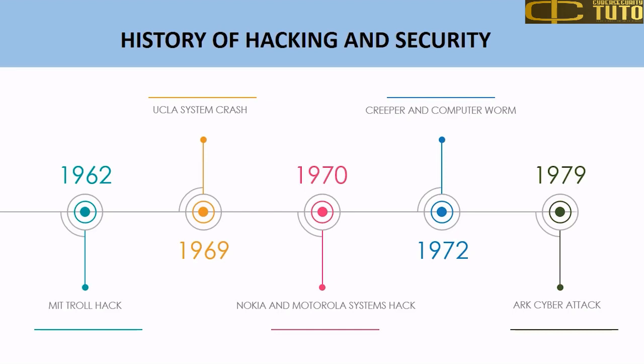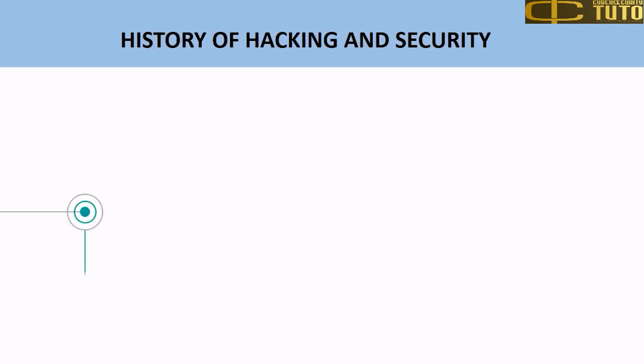This was called the ARK cyber attack. In 1986, Hess, Dirk, and Peter Carl hacked into the Lawrence Berkeley National Laboratory systems. Hess also hacked into United States, Europe, and East Asia military and industrial computers, and sold the information to the Soviet Union KGB. Hess is estimated to have hacked into 400 USA military computers with information access to space, aircraft, satellite, and other confidential information.